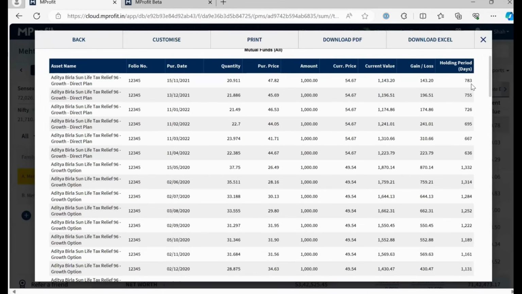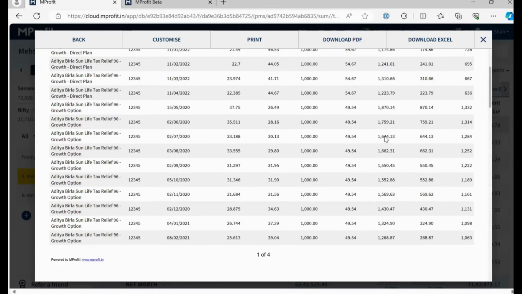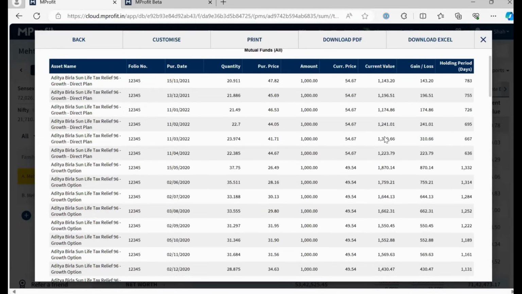So for example, if you're holding a certain equity mutual fund for, let's say, 400 days and you're deciding to redeem it, you know that it's past 365 days, the 1 year LTCG. So if you exit or do a redemption, you will have a long-term capital gain for this particular fund. So all these reports will help you take certain decisions if you want to redeem or exit from certain funds.